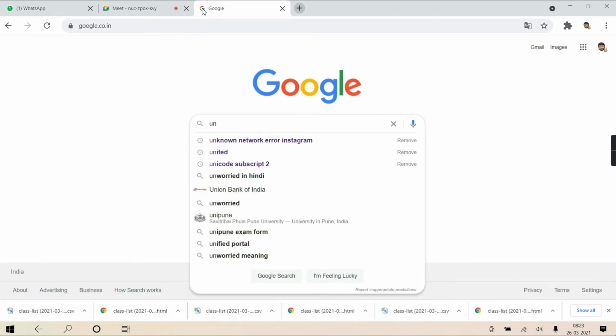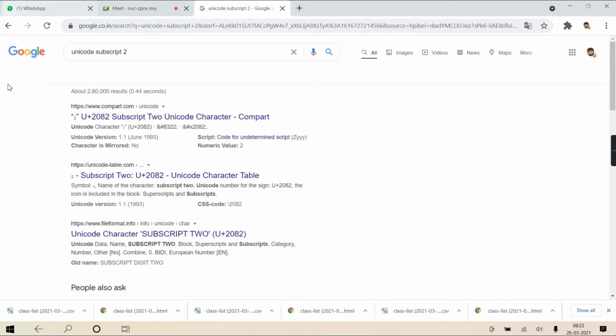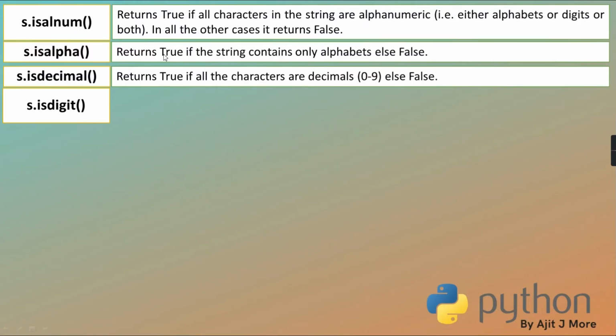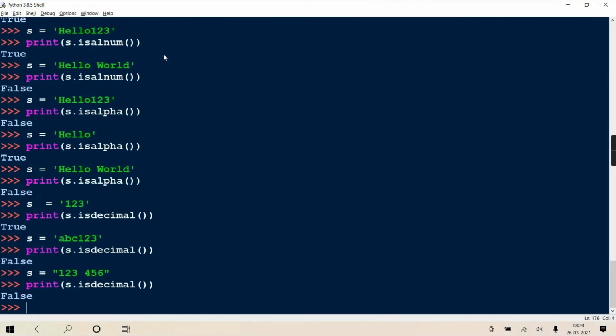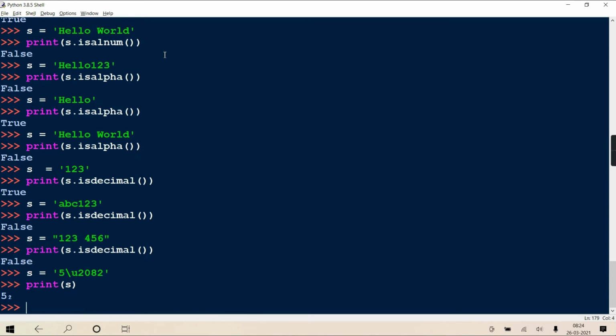Unicode subscript 2, suppose I will take. It is actually 2082 in hexadecimal. Subscript 2. Same way subscript 3 and all can be there. Like I'm writing S equal to phi and then backslash u2082. Now if you print this S, you'll see phi subscript 2.